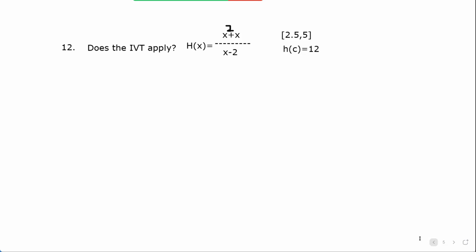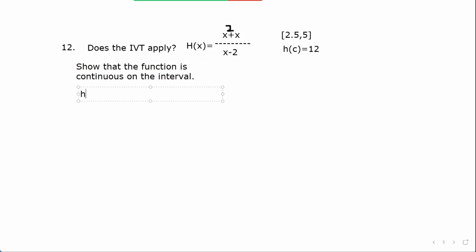You have to show me that the function is continuous on the interval. You have to state why that is, right? Now this is why I wanted you to do this. So here's the thing, h of x,